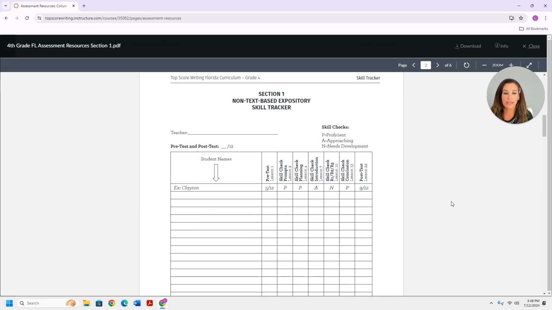Then there's always going to be a skill tracker. Now this is one of the most important pieces of the entire curriculum. For every genre, you're going to want to print out this skill tracker before you start teaching the lessons. This is going to have skill checks, also known as quizzes, throughout the genre that you will track how your